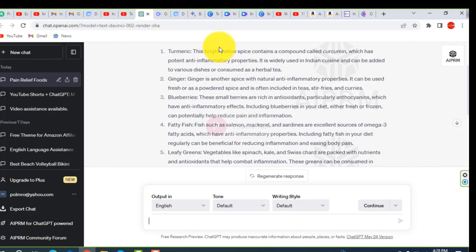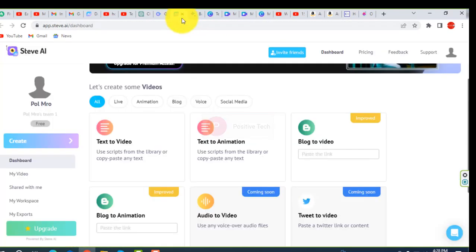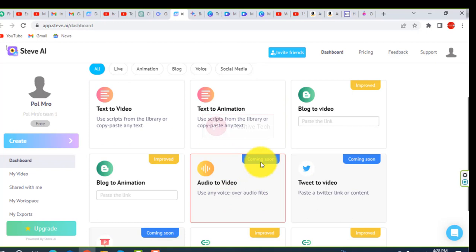Basically Canva is easy, but you can also use text to video, text to animation. Here you can start your animations easily.